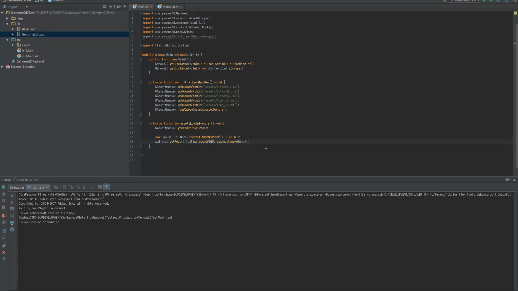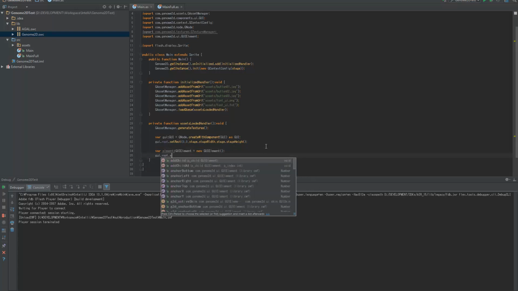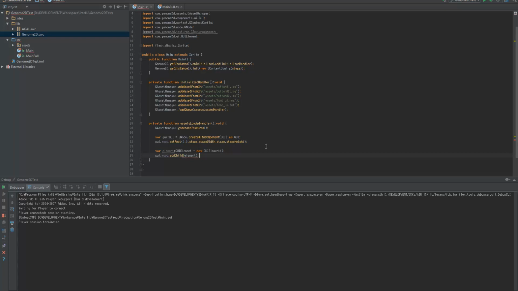Anyway, now this tells the GUI component that it should render on the whole screen, and we need some kind of stuff there. So what we need is an element. There is only a single class for rendering, similar to the node. There is only one node in the hierarchy, and that's the element, GUI element. So we are going to create a GUI element and add it to our root. So now we have an element there, and if we run it,